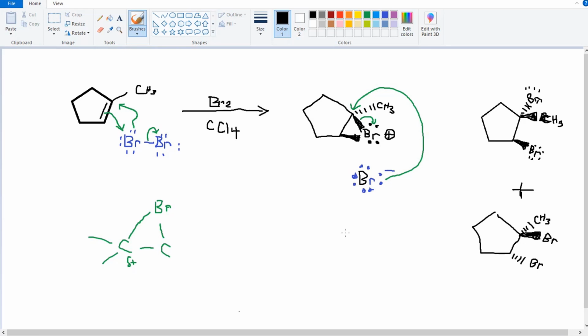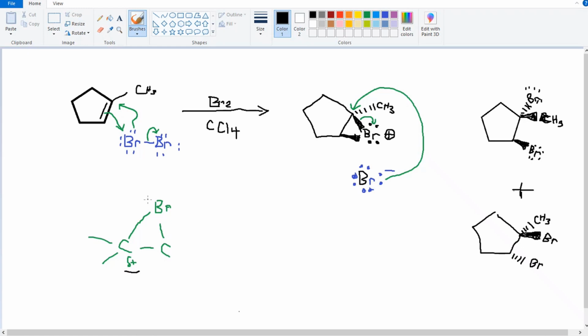Yeah, so if it was H2O instead of CCl4, that would give you the water adding to the more highly substituted position, because once again, like I mentioned before, the more highly substituted position is going to have this partial positive here. Now water tends to be a pretty weak nucleophile, so it's going to need a little help to get in there. But here's the thing, the reason why water comes in and attacks it rather than the bromine, even though bromine's a better nucleophile, is because if water is the solvent, there's tons and tons of water molecules, plus